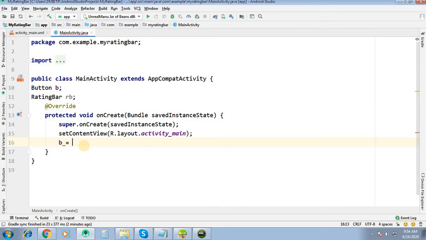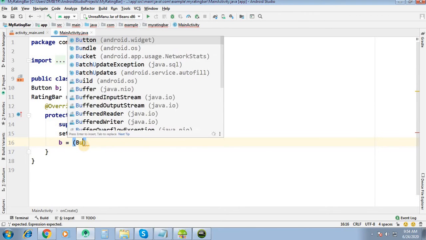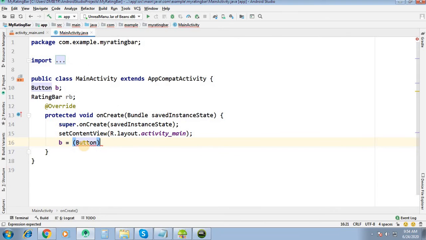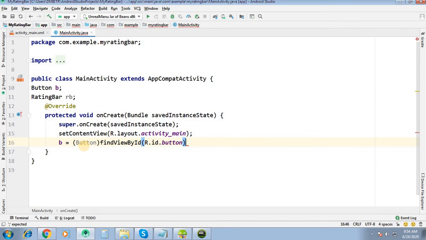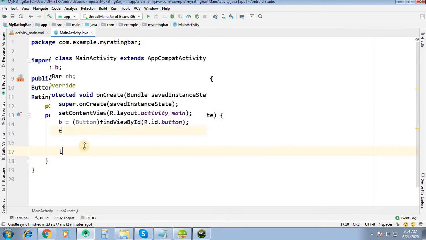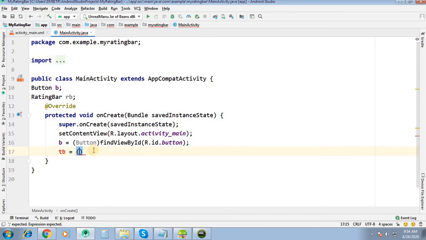So B equal to button, findViewById, R.id.button. Then RatingBar RB equal to rating bar, findViewById, R.id.ratingBar we have.